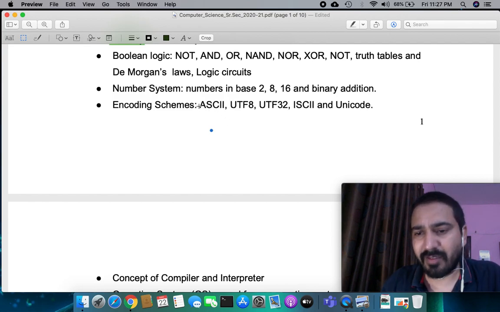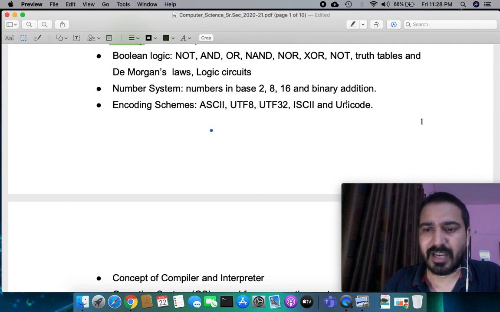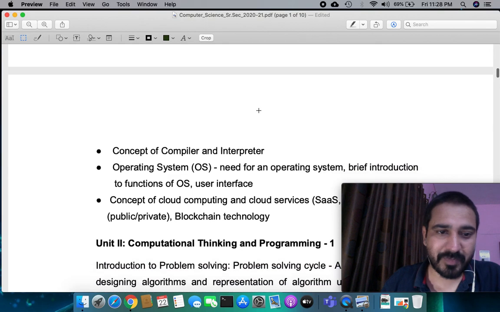There are several encoding schemes, that is ASCII values, UTF-8, UTF-32, and again ASCII and Unicode. We are going to briefly discuss these as per our syllabus demands, and we will learn more about this later. But definitely it's quite interesting stuff, and if someone wants to do research work in computer science, then this is quite interesting and quite useful as well. So stay with me on this.